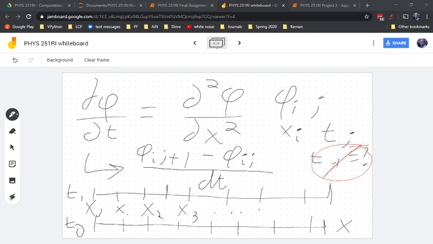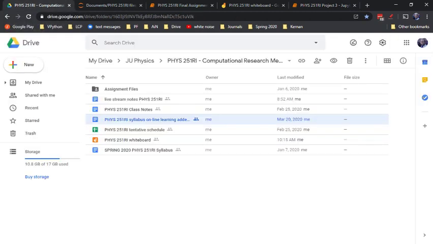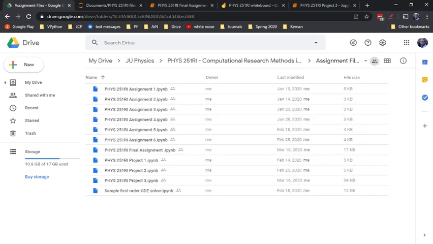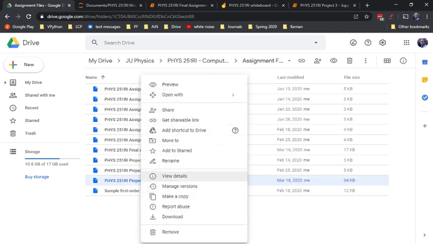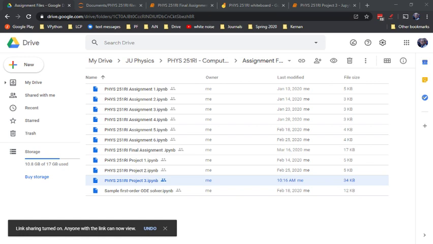Okay. So let me show you what this looks like in practice. I'm going to open the file here for our project number 3. I've emailed this to you. Let me post this link in the chat just so that you've got access to it. If you don't already have Jupyter Notebook open, I would recommend going ahead and opening that. Let me get the shareable link. Project file for Jupyter Notebook. So if you don't have Jupyter Notebook open already, go ahead and do that so we can look at this